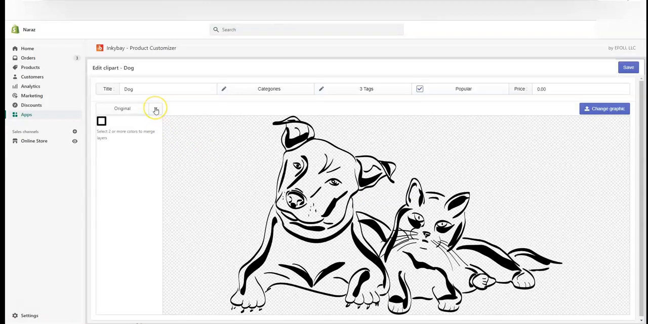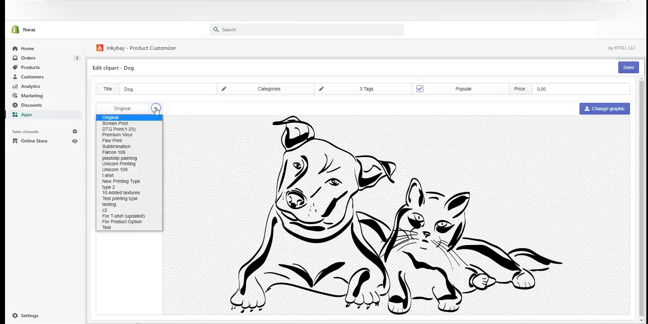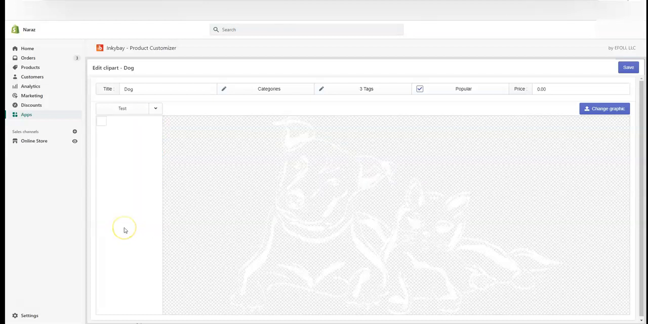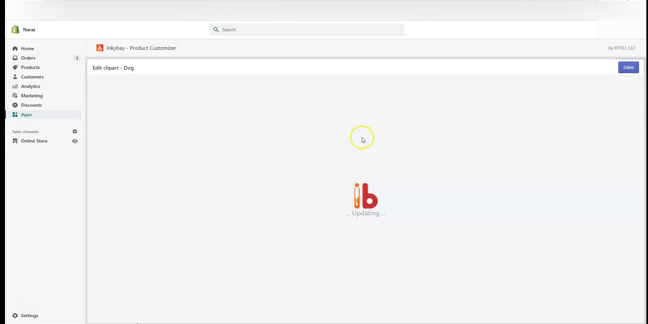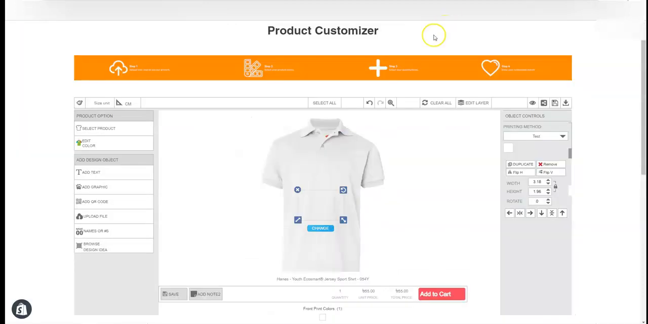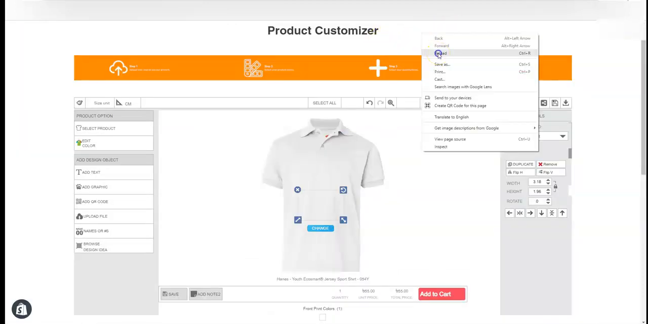and then if we click on this drop down, then we can see all the printing types are here. So as I'm using test printing types for that product, so you can see the graphic color is now white. So if we change the color, let's say in black, and save our setting, and then go back to our design lab and reload our design lab,